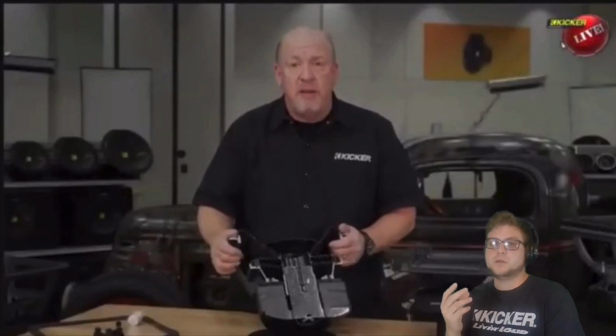Now, before we continue, what's really cool about that is I have the original Solo X. Well, actually the second generation, but the first and the second were fairly the same with the motor structure and stuff. All they changed was the cone material. This is awesome because whenever you put in your spare